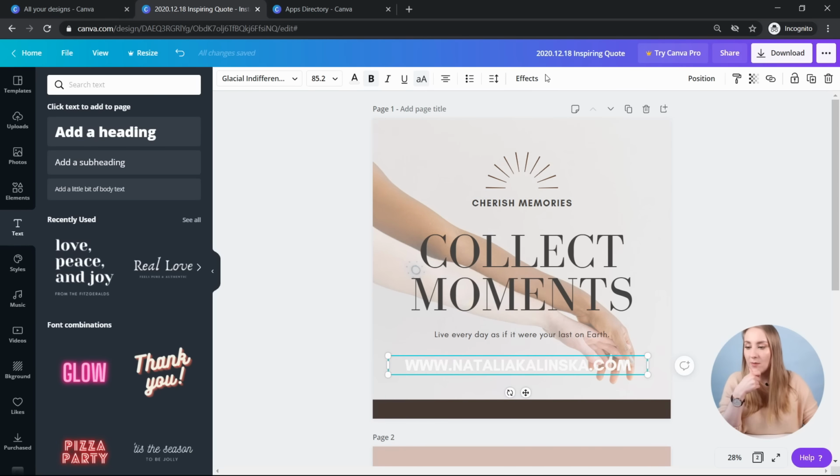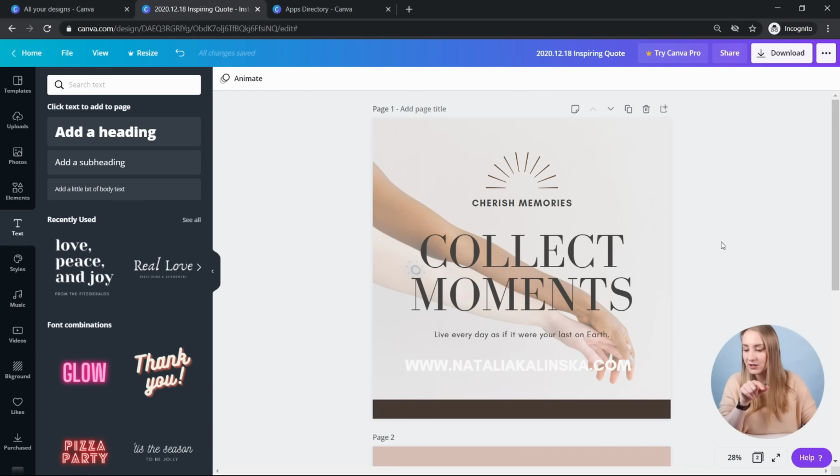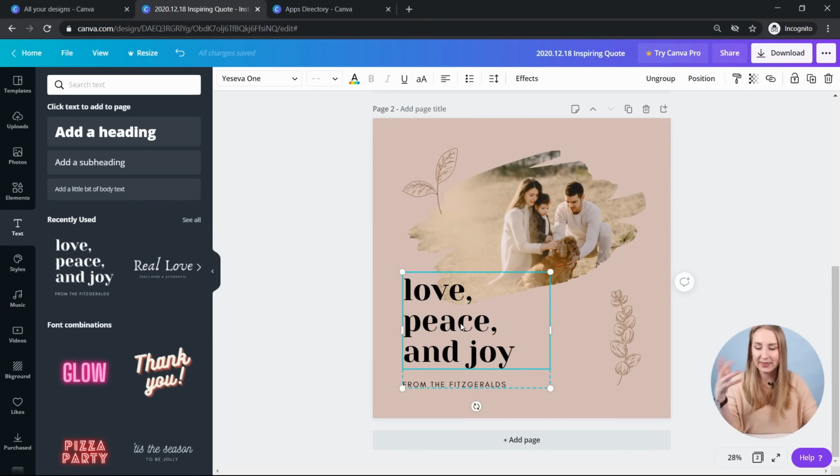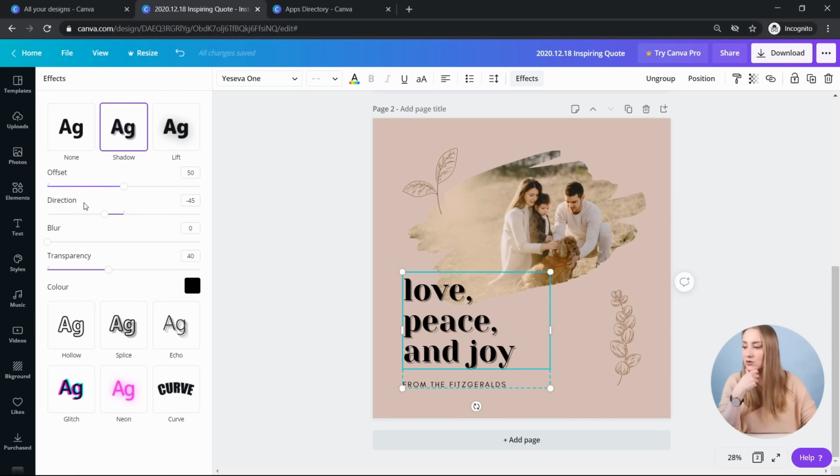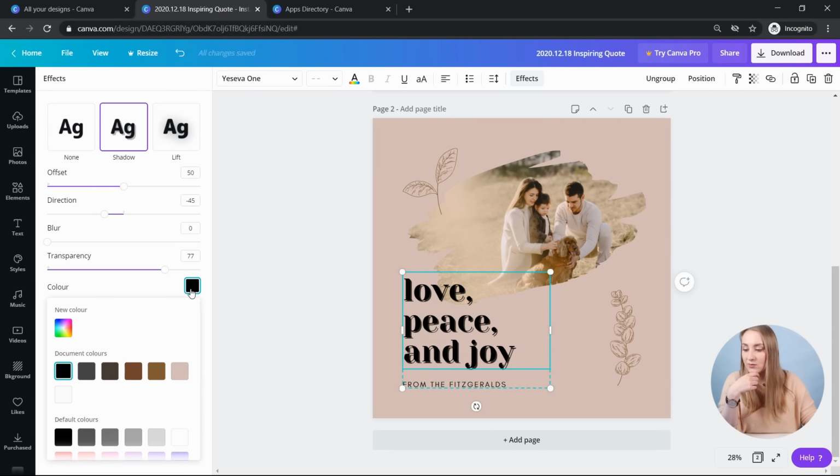Cool, so another option in here is the effects option. Let me actually show it to you on maybe this one because it's a bit thicker, a bit better visible. I'll go back to the other design in a moment. But if you click on the effects, it gives you various options to manipulate your text even further. So if you click shadow, if you want to add shadow to your design, this is where you do it. And you play around with those sliders. You can adjust the transparency, you can adjust the blur, and you can change the color as well in here.